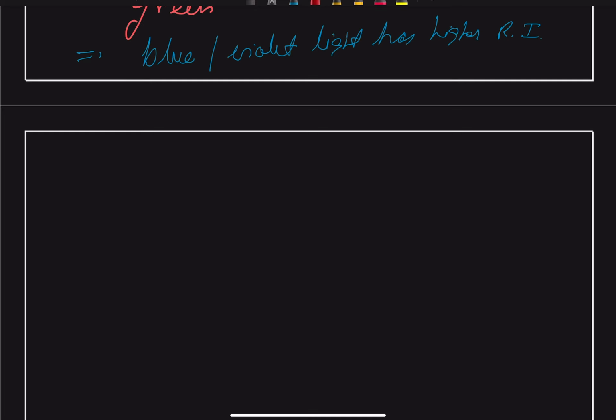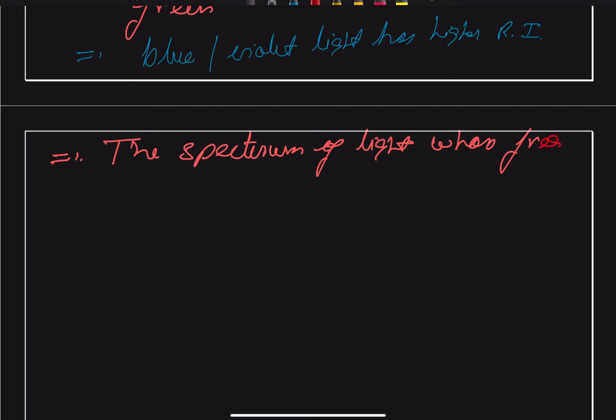So we can say that the spectrum of light whose frequency is less than green light